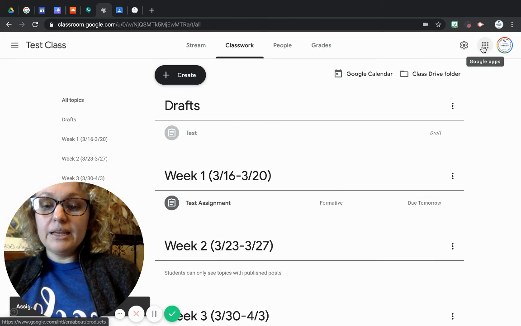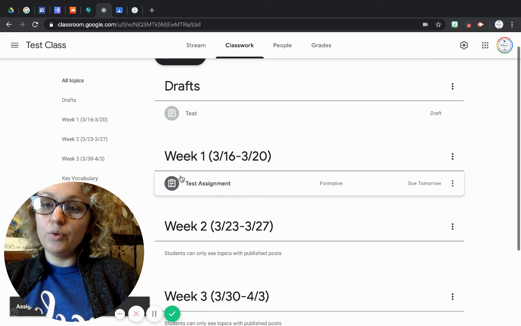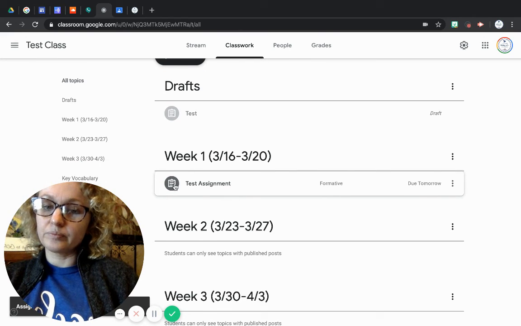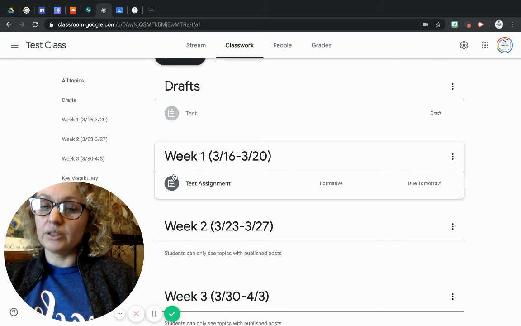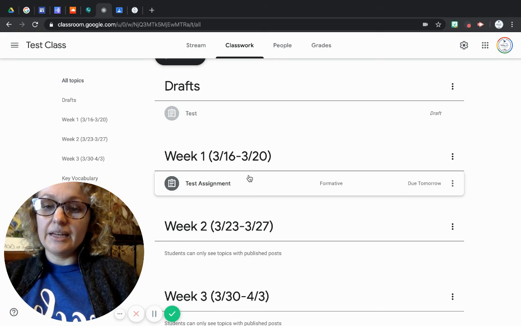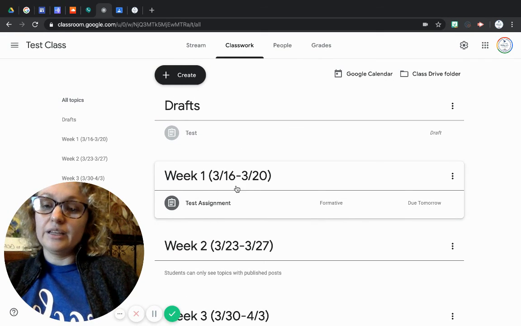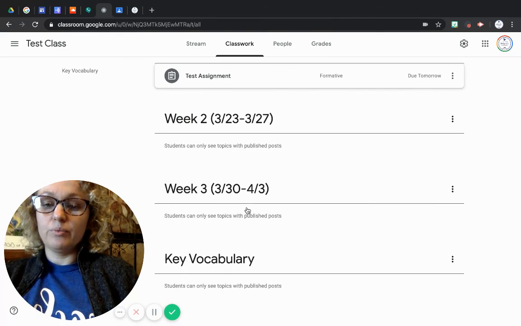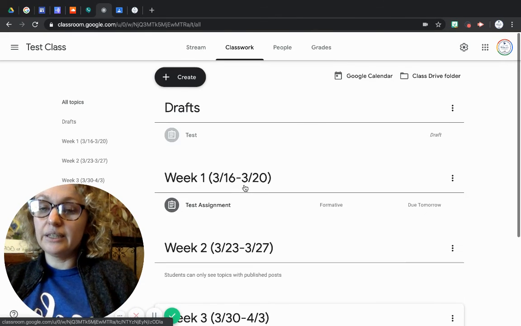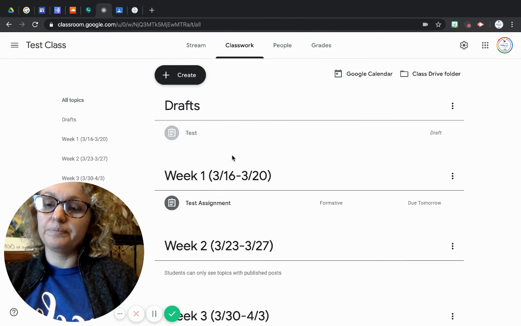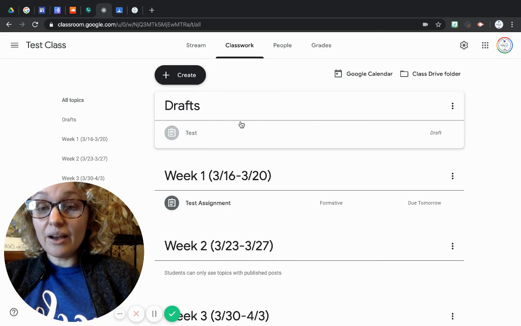And what will happen is you will be able to see here the assignment, and it is a little bold color instead of the lighter color. And if students were to go to this page, all they would see is week 1 and this assignment. They would not see any of these others until there was actually something under there. Okay, that's how I assign